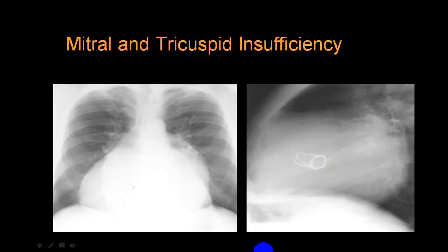Which valve is this? If you draw the line like this, it is below and it is here. So this has to be a mitral valve. You can see this is here. So this is mitral and tricuspid insufficiency, a big cardiomegaly. This is LA, RA and RV. So try to identify that. And there is even encroachment posteriorly, so this is even LV.